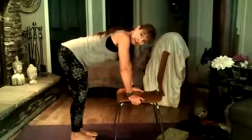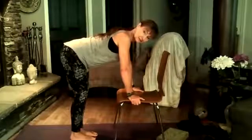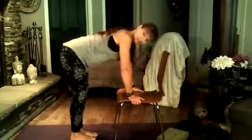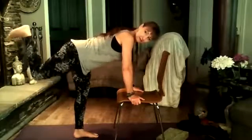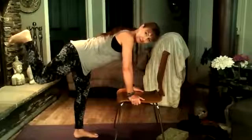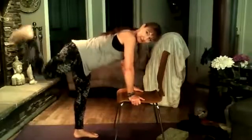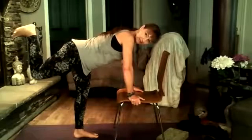So the feet are right under the hips. The back is straight, looking up, as the heart is melting forward. And then feet together. Bring one leg out behind you. And you bend the knee and lift the foot up towards the ceiling, keeping the hip down. So don't let the hip lift. Keep the hip down and lift the knee and the heel up towards the ceiling behind you,